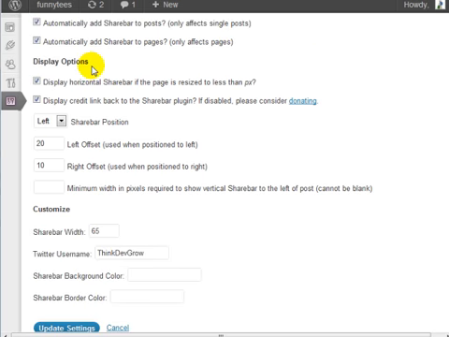Under the display options, it says display horizontal share bar if the page is resized less than a certain amount of pixels. And that certain amount of pixels is shown here. So if the share bar width is 65 pixels and the page is resized less than that, then